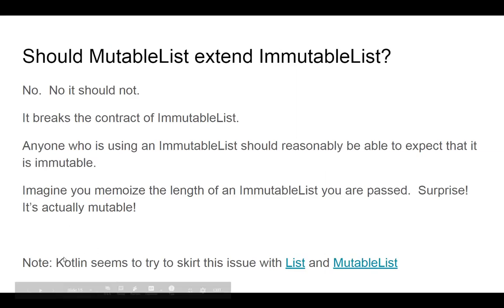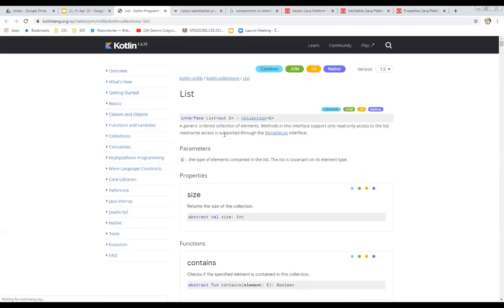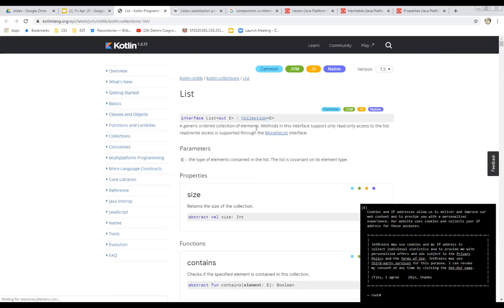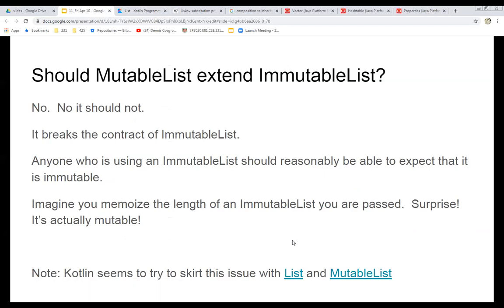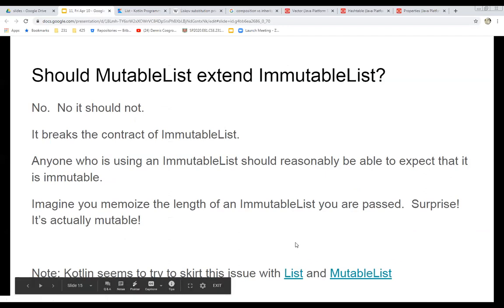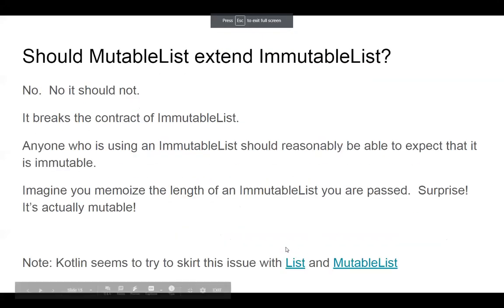On a side note, Kotlin, who seems to have cleaned up a lot of Java, seems to sidestep this issue with List and MutableList. List is exactly like an immutable list. It even says something like read access to this list. They have MutableList, which extends that. They didn't call it immutable list, I guess, but you're sort of expecting this List to be an immutable list. I'm not the biggest Kotlin expert, so I couldn't find ImmutableList. Maybe they have it, but